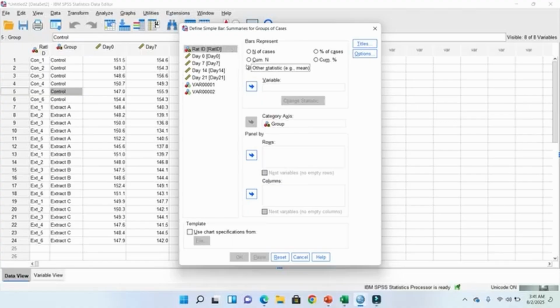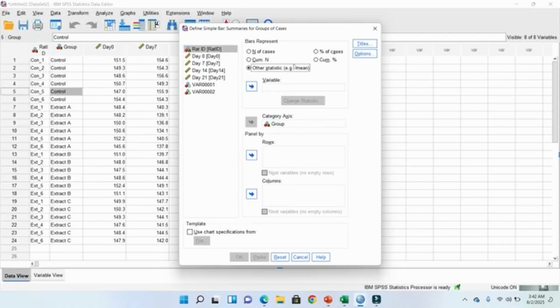That is, I want to present the mean, like what we presented the other time. Yes, the mean of maybe the blood pressure with respect to their group, the average blood pressure with respect to people in the control group, with respect to the intervention that was delivered to them. So click on mean, click on